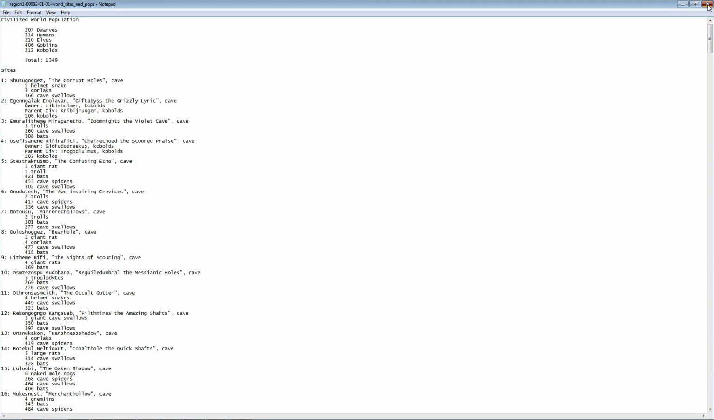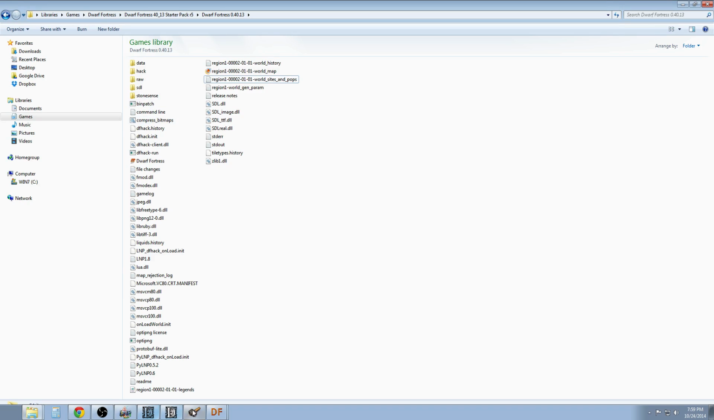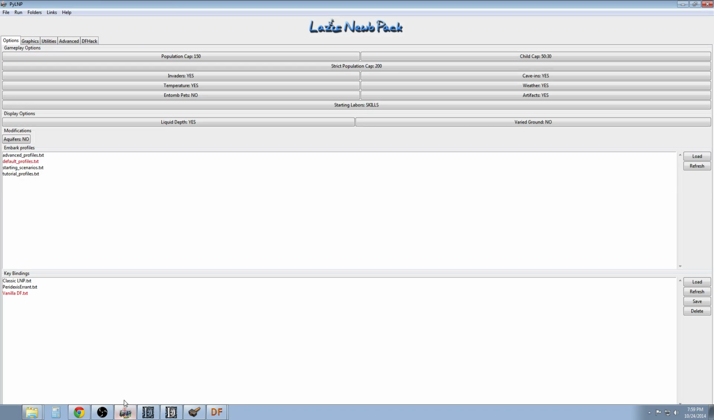Now you can look at these things directly through these files, but you can also fire up the Dwarf Fortress Legends Viewer utility,